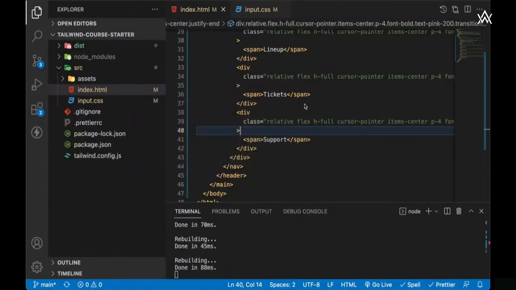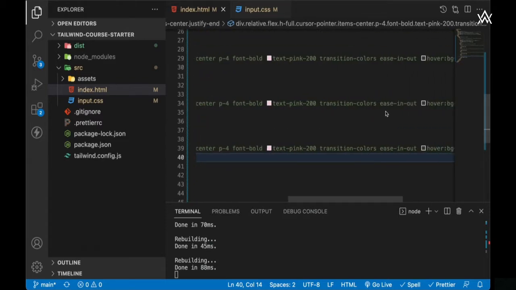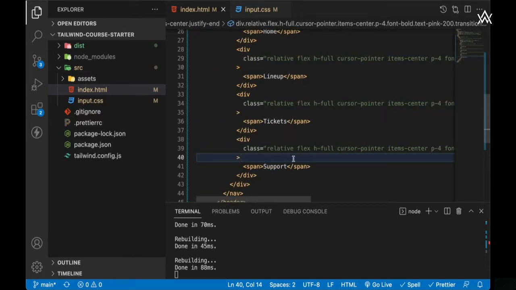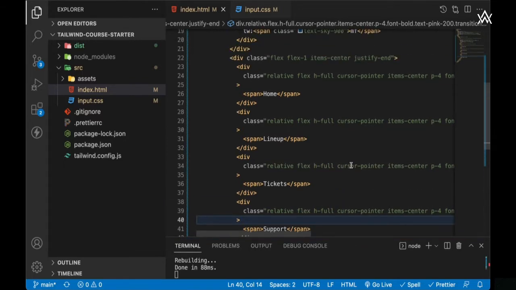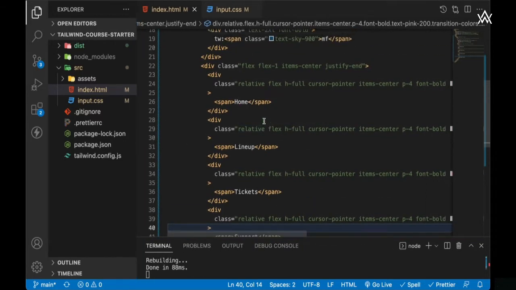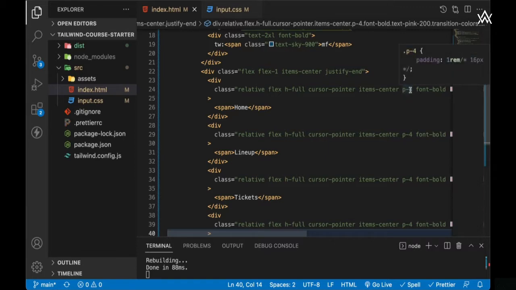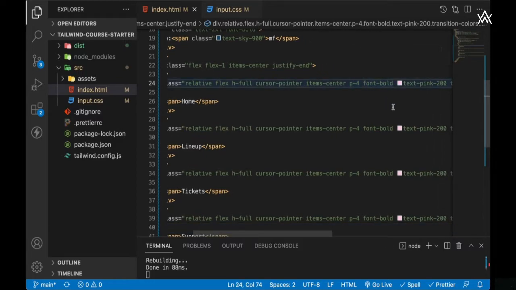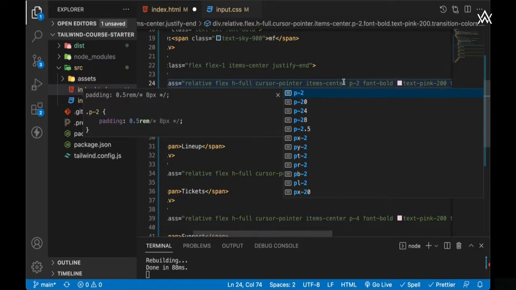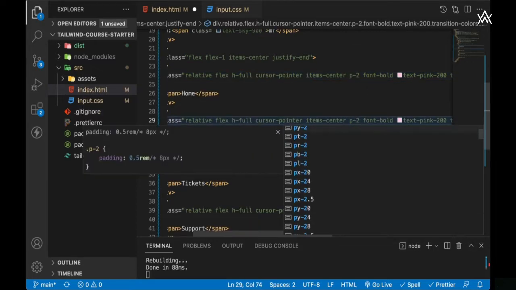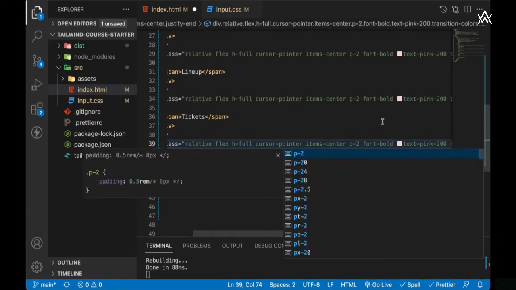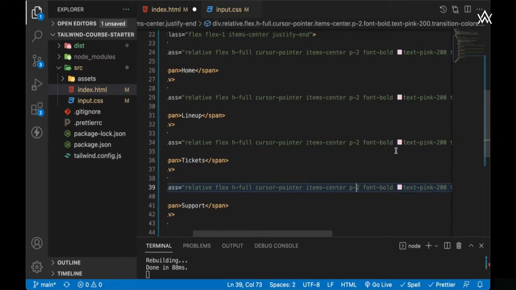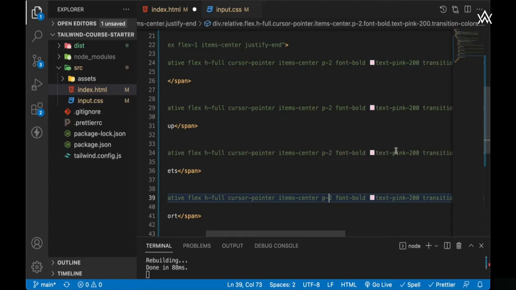So what happens then if we go back to our code, we've got all these class names, we're duplicating all this extra code. What happens then if we want to update all of our menu items and apply the same update to all of them? For example, let's say we wanted to increase or decrease the padding for each of our menu items. So instead of going to each single padding class here and updating it to, let's say, P2 instead of P4, and then going down each of our menu items and updating it manually, what we can do is use a shortcut in VS Code, which will allow us to add multiple cursors and edit in multiple places at the same